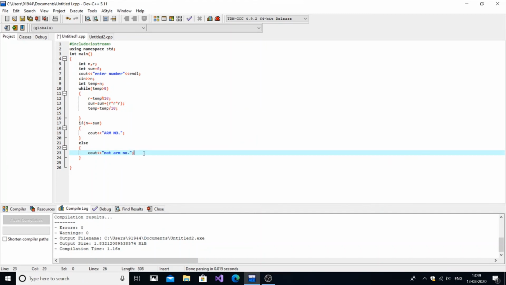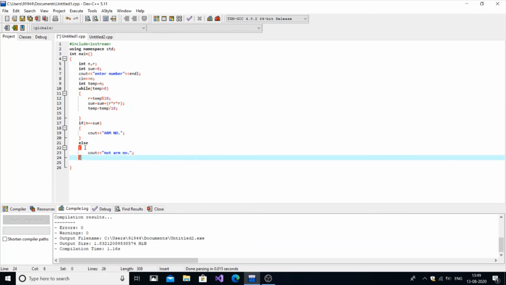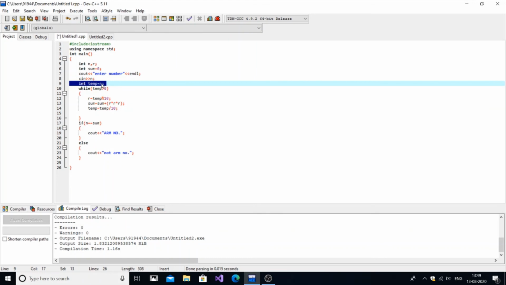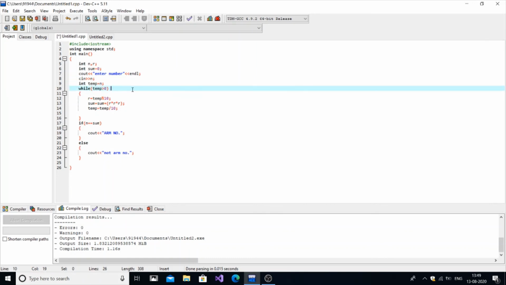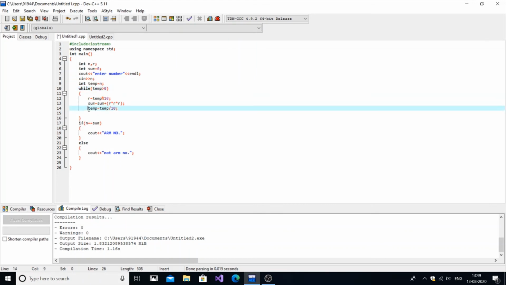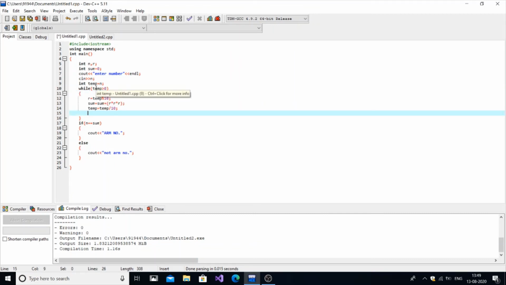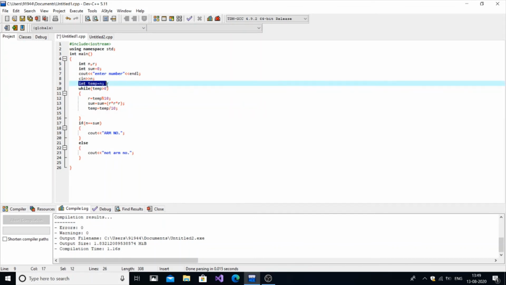There's one more thing to be explained. We are using temp instead of n. If you ask why we use temp over here, we could directly use n in place of temp inside the while loop. This is because the temp value gets changed throughout the while loop. Temp starts as the n value, but after the while loop terminates, temp is 0. So if you use temp again in the if condition, it's not going to work. In order to save that number, we are just storing it. This is also another important thing. If you don't do this assignment, definitely you will get an error in this program.